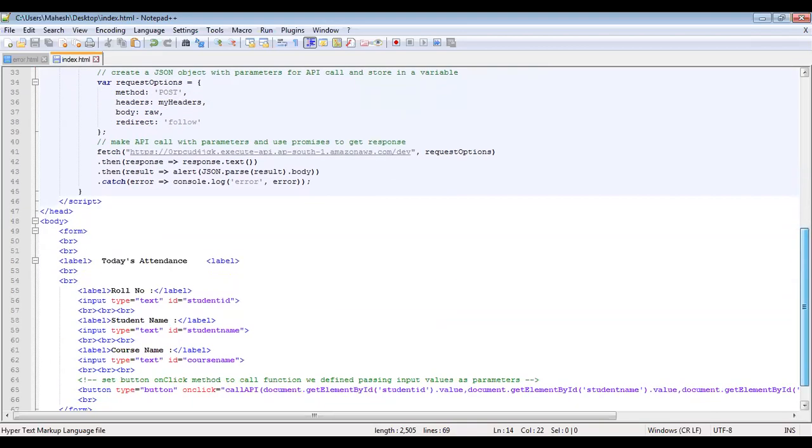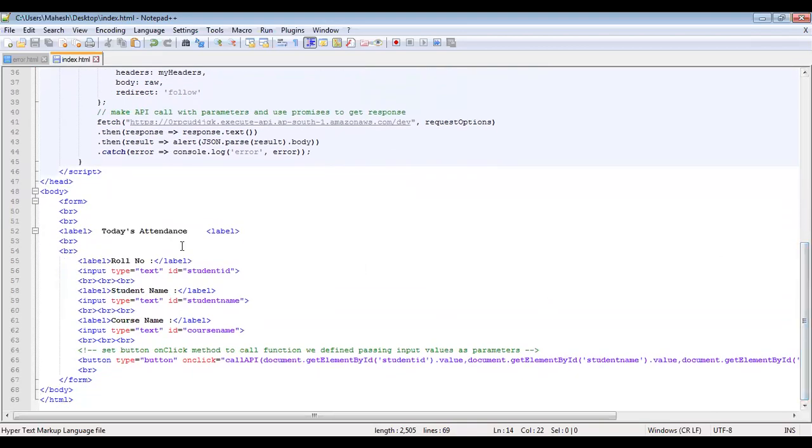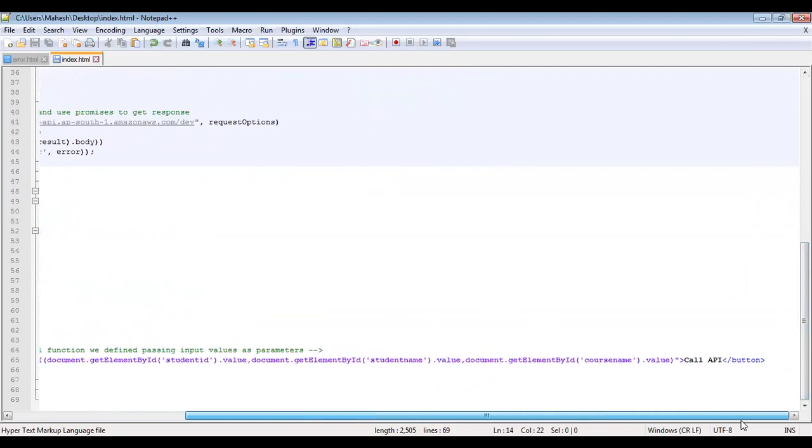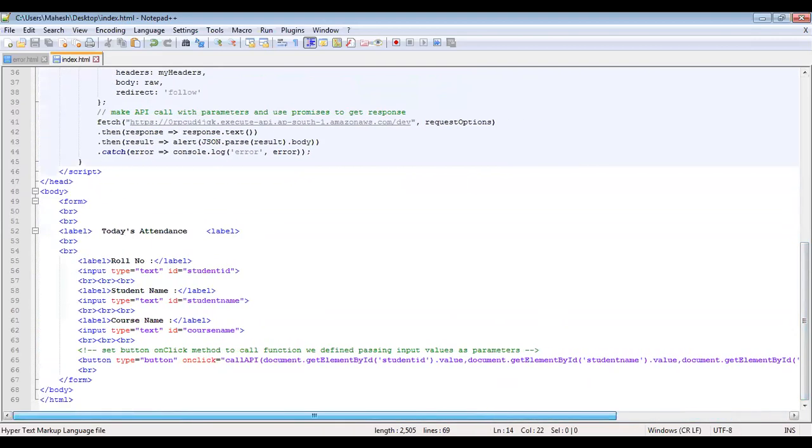The HTML form contains today's attendance, roll number, student ID, student name, student course, and one button. After clicking the button, it calls the API using document.getElementById, first the student ID, then student name, and after that the student course name, and you just click on call API.